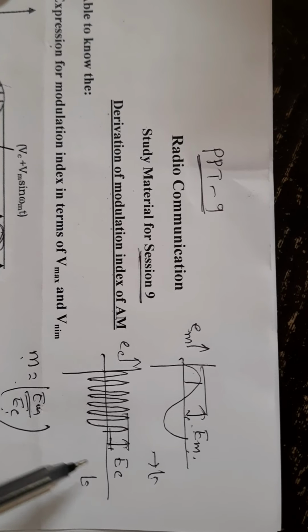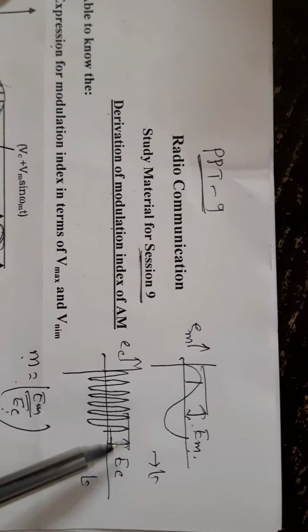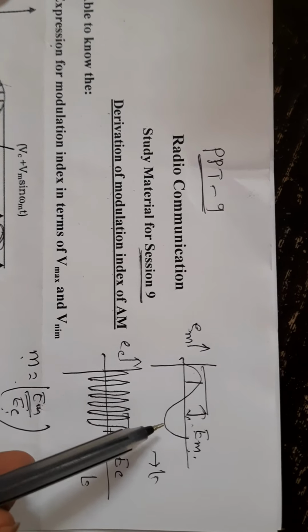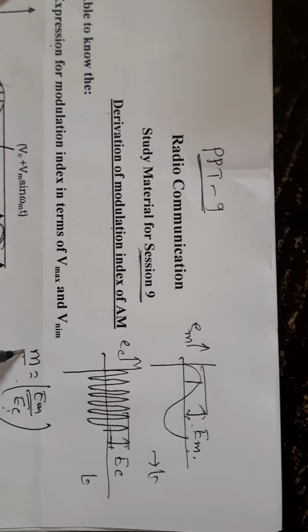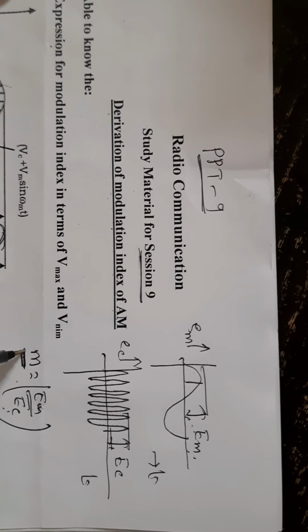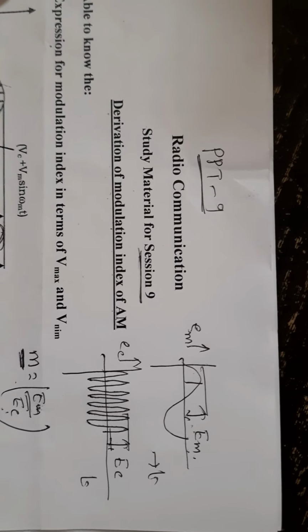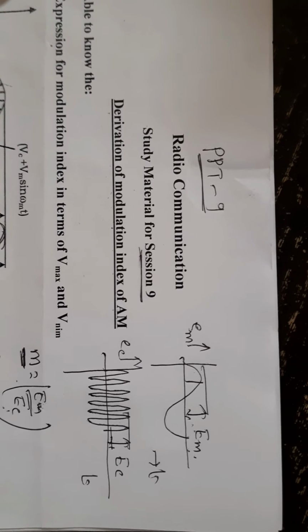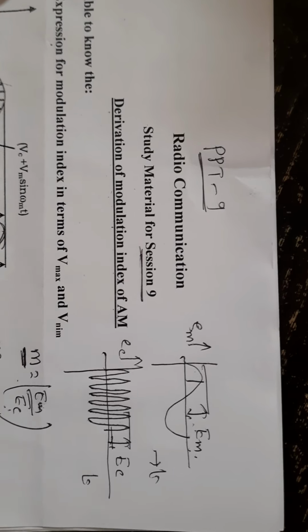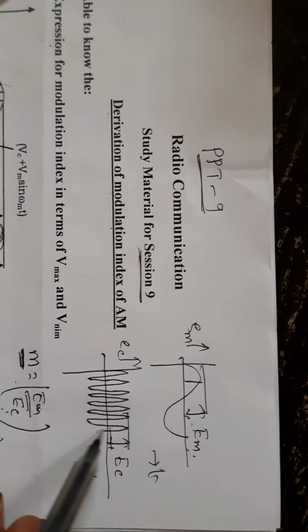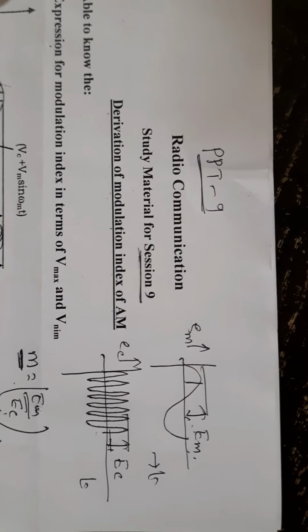So modulation is the process of mixing this high frequency in accordance with the sound signal. To what depth it is mixing is defined by the depth of modulation or modulation index, denoted by m. For amplitude modulation, it is denoted by m suffix a, which is defined as the ratio of the amplitude of the modulating signal to the amplitude of the carrier signal. When these two waves are mixed, you get the amplitude modulated wave. It is shown in this figure. This is the amplitude modulated wave.